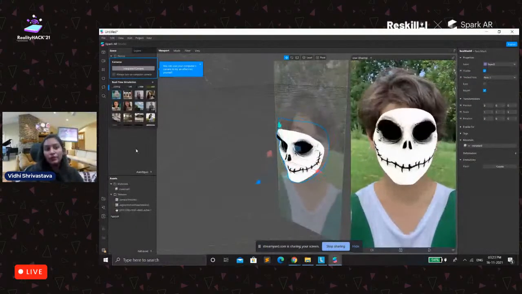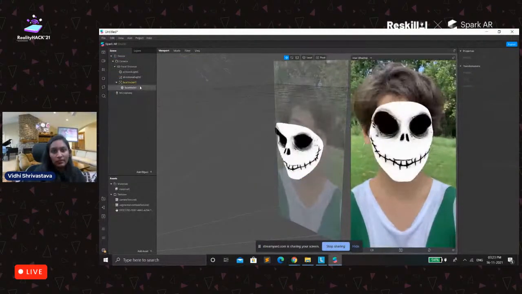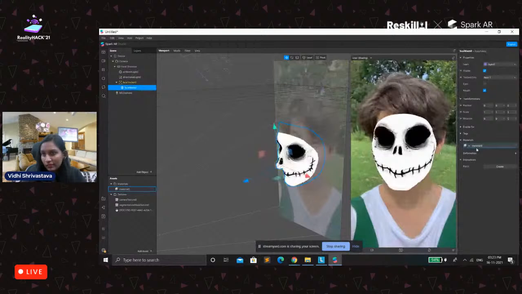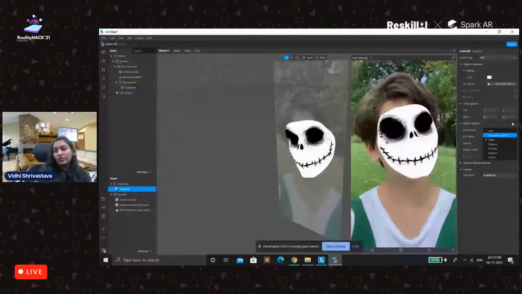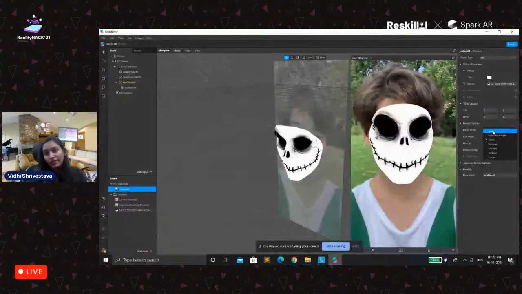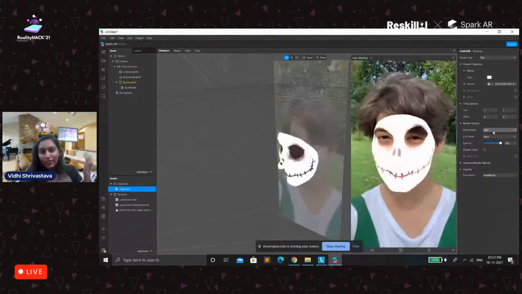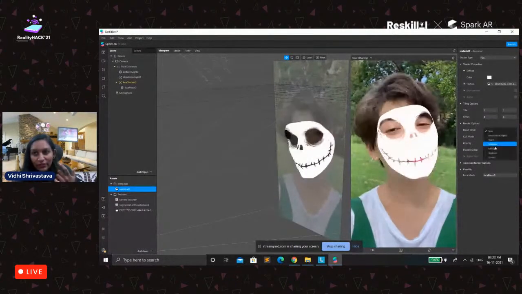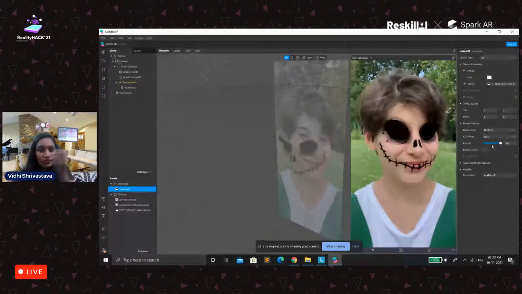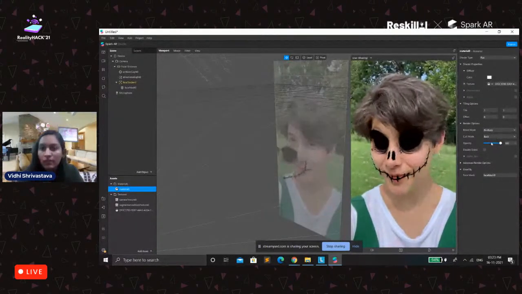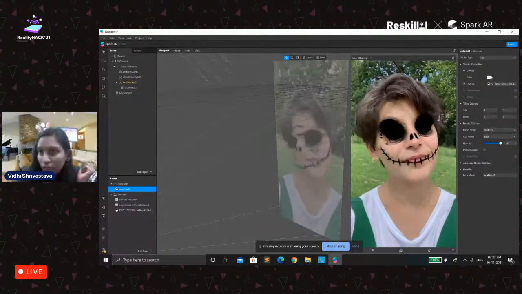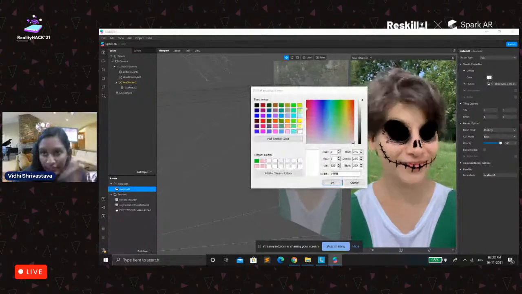Cool. So what we could do is add an effect. Let me go to the blend mode. There are different blend modes available. For example, if you add, it would be something like on your existing face and it won't look that good. And if you go with multiply, it will just make a ghost look. So let's go with this multiply. And you can even change the color of the texture.